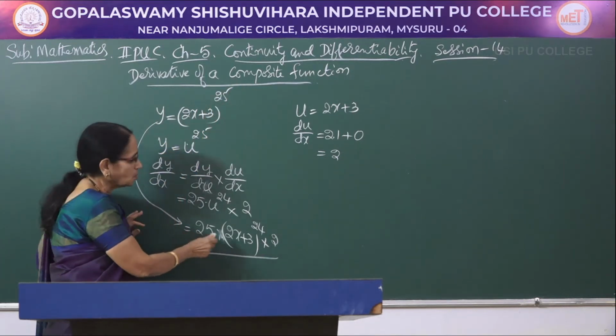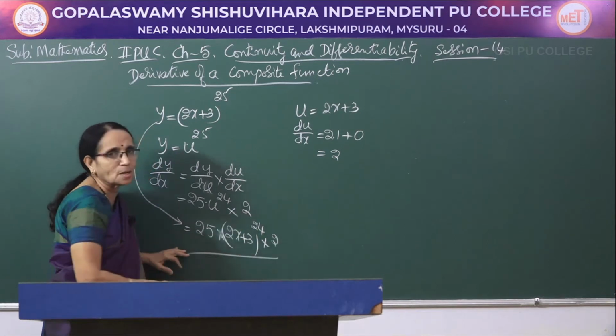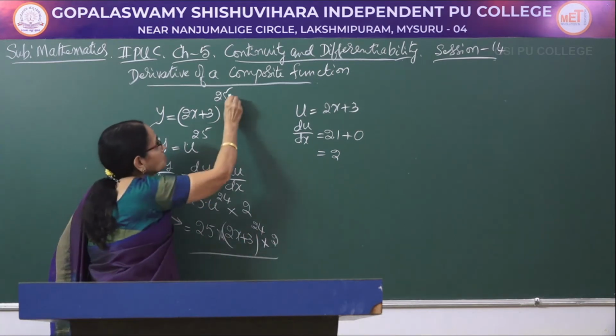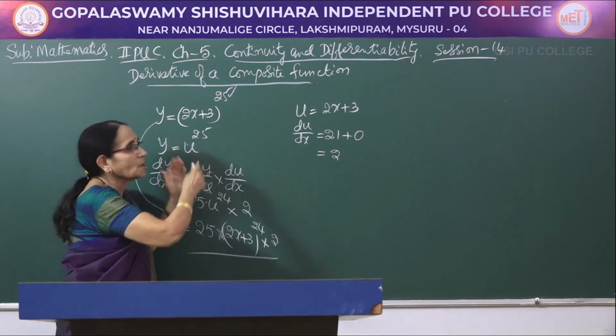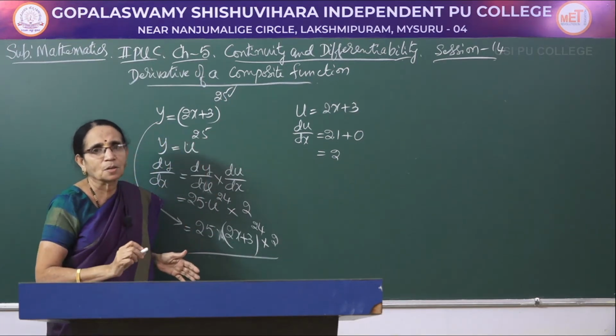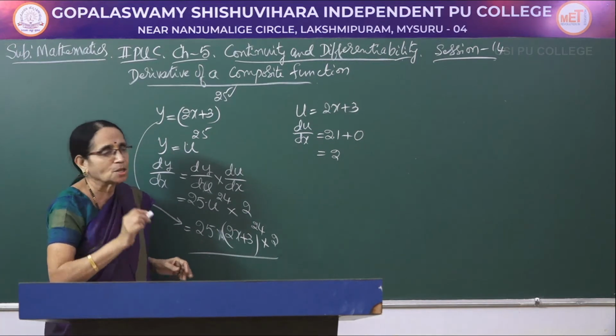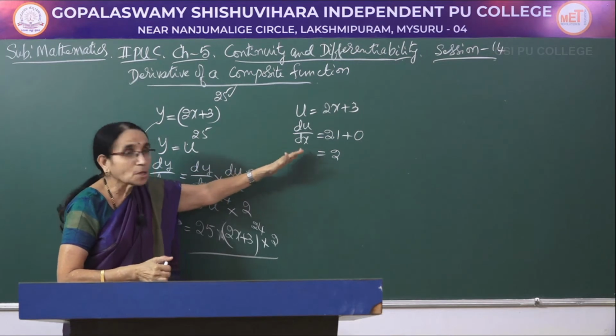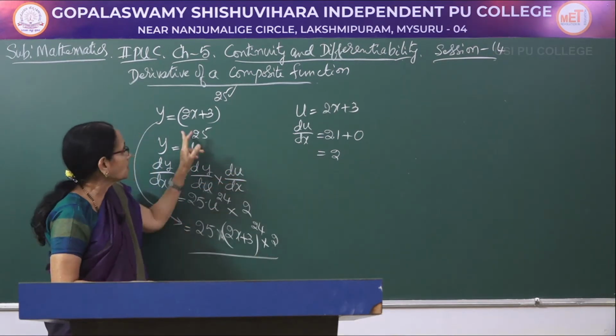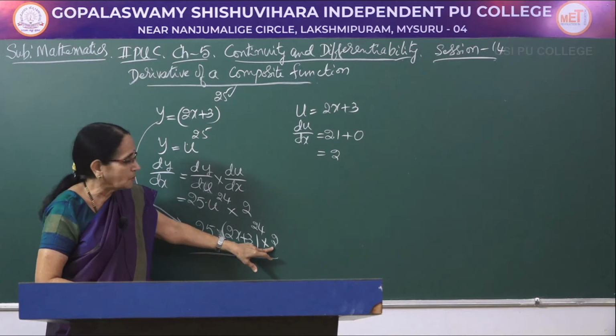So 25 into that number to the power 24. So we have made use of this part. So 25 is over, that part we have taken into consideration. Now come to the base part. Base is also a function of x, so it has to be differentiated. So it is 2x plus 3. What I have done here need not be shown, that is what I am telling you. So for 2x plus 3, the derivative is 2.